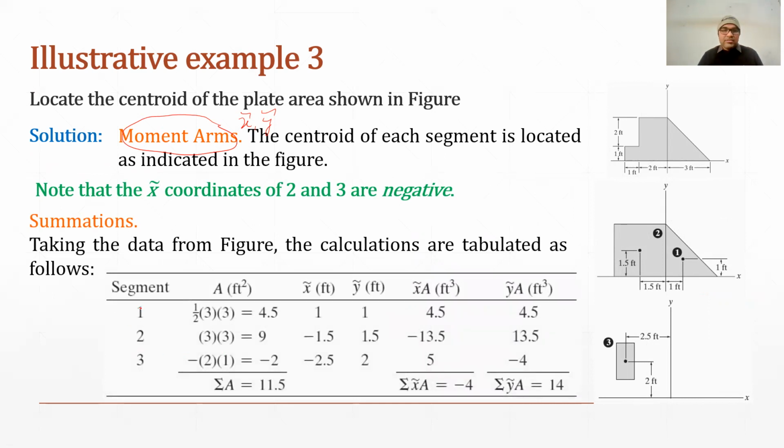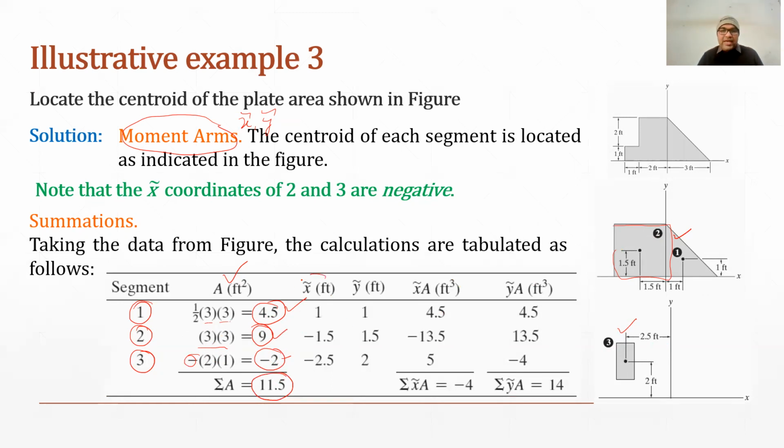So I have done 3 divisions, area 1, area 2, area 3, and we have calculated the area because area 1 is a triangle, so half into 3 by 3, so that is the area for the triangle, this one. Similarly, the second area, it is the whole square, so that is 3 by 3, which is 9. Similarly, the third area, which is the negative one, so that is why we have taken negative. So negative 2 into 1, so area becomes minus 2. So the sum of the total area becomes this plus this minus this. So that is the total area.